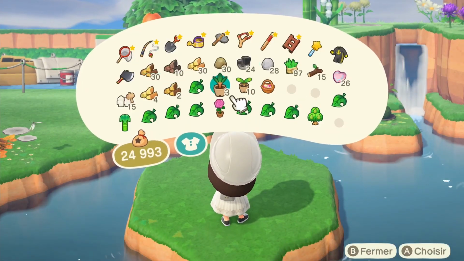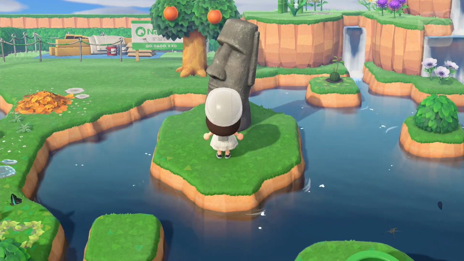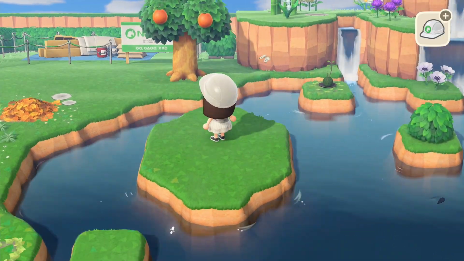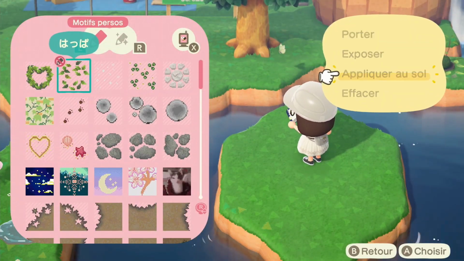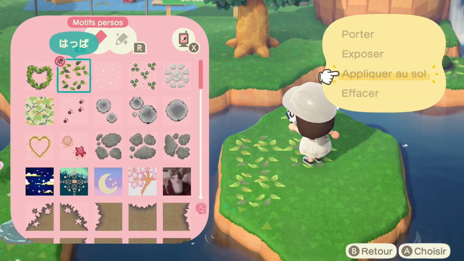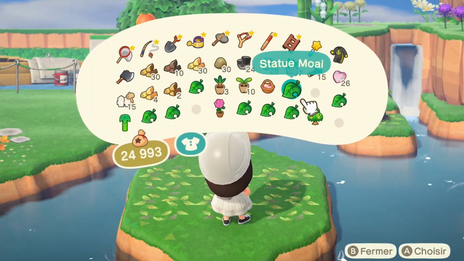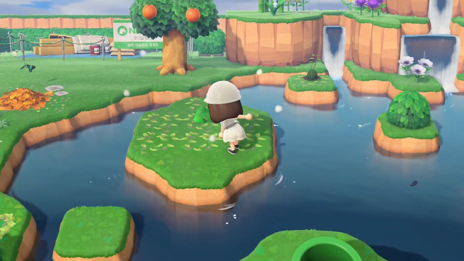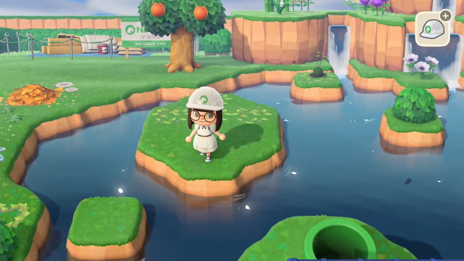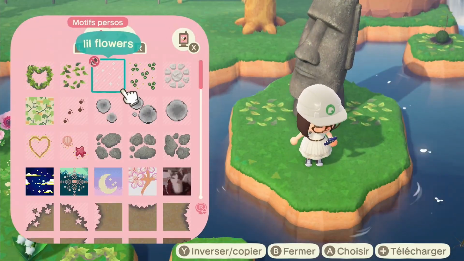That is why I switched from nature and flowers to object selecting, and I used this Maui statue, I hope it's called that in English. I used it there because this was in one of my dreams. Not Animal Crossing related. It's a dream I had some years ago, but it made such an impression on me that I wanted to incorporate it in my build.